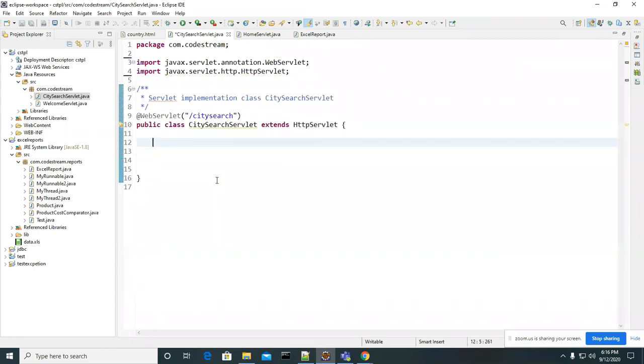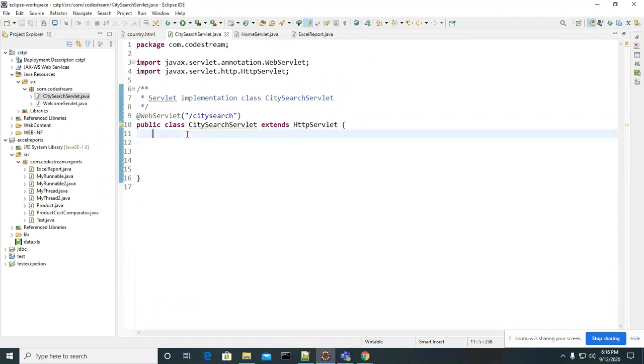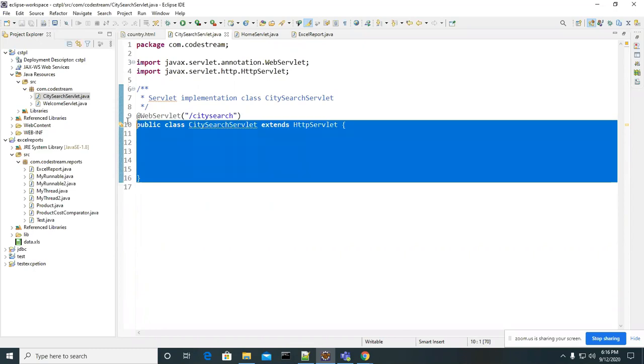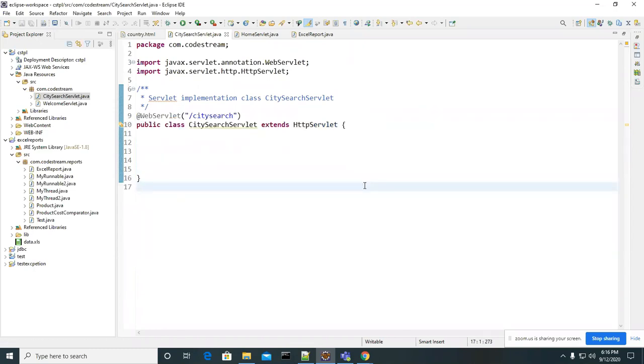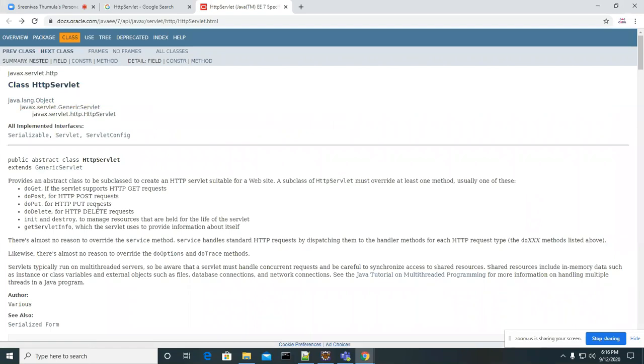If you look at this empty thing, can we call this a servlet or not? This is the simple program where I am extending HttpServlet and not doing anything. HttpServlet is also defined as abstract.